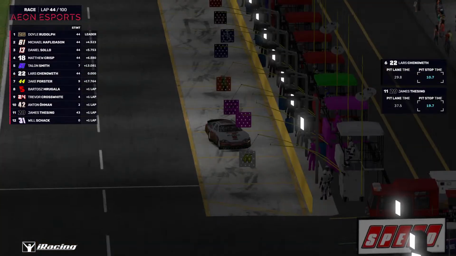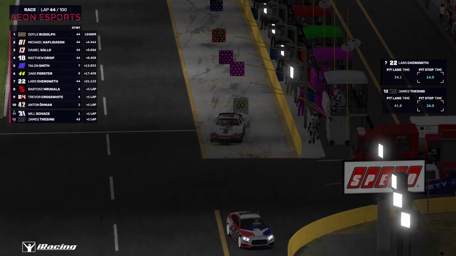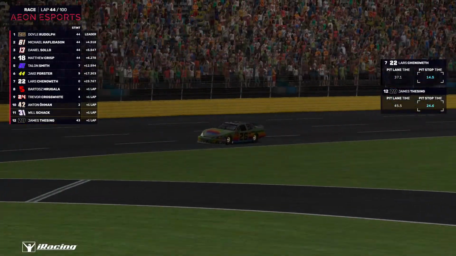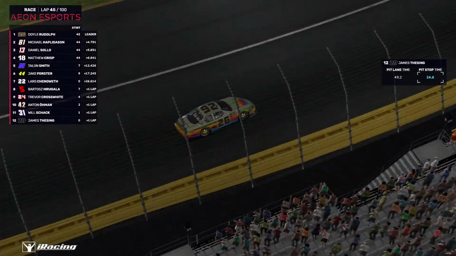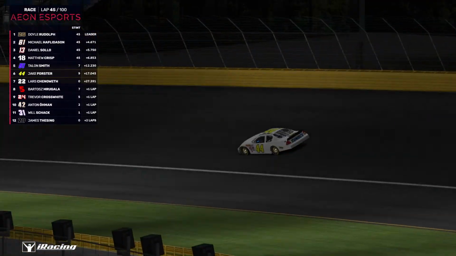Almost all drivers have gone in for their stops now, but Lars is finishing his as we speak. And then we have four at the front. Doyle Rudolph is now our race leader. No extra points for leading laps. Maybe we should have thought about it, but they're running it as long as they possibly can. Maybe they could try to fuel save to turn it into a one-stop if they...